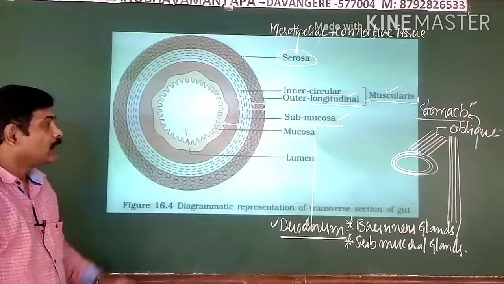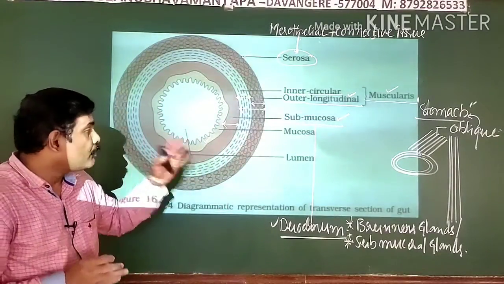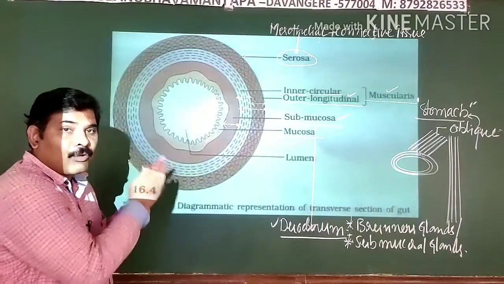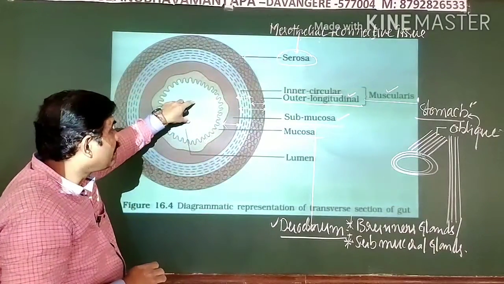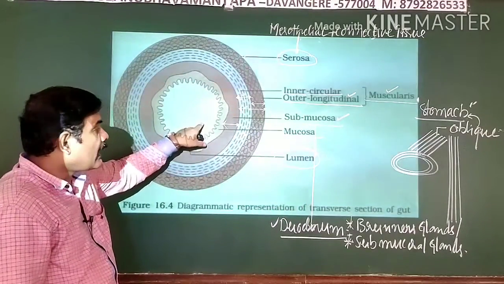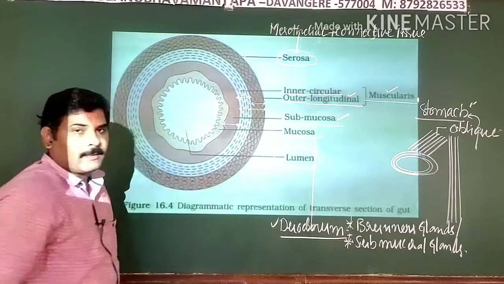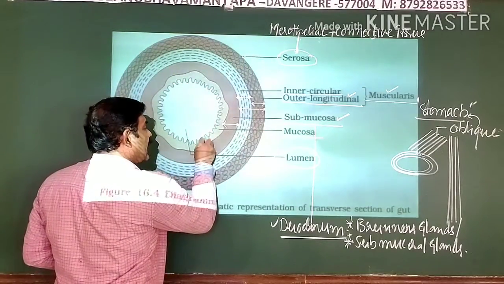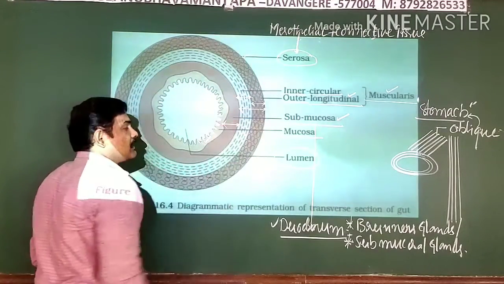Clear? Right. And next to this, at last you can notice that the mucosa is present. Mucosa is the innermost layer of your alimentary canal wall, which surrounds the spacious place at its center known as the lumen. Clear? The lumen is present, surrounded by this mucosa. An interesting characteristic feature of this mucosa is that it has many folds, elevations and depressions.